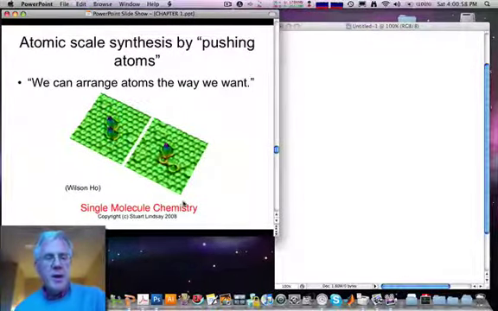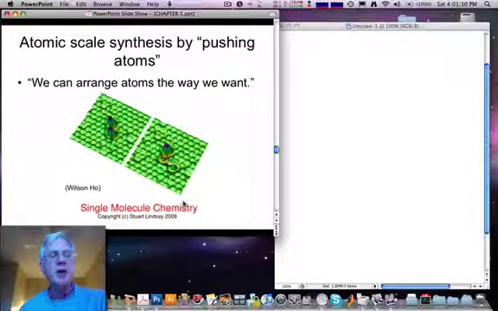Feynman said, well, once we learn how to image and handle nanostructures, perhaps we can handle atoms. So perhaps we can do impossible chemistry by just taking atoms that otherwise we can't make react and pushing them together. These are scanning tunneling microscope images, and the two little features you see there are two atoms that are very close to one another. And in the second panel, they've been pushed on top of one another to form a molecule.